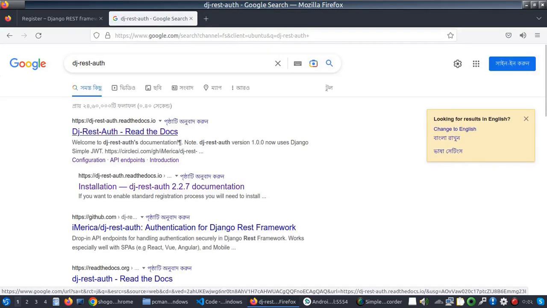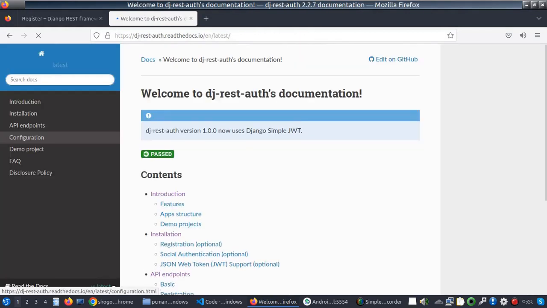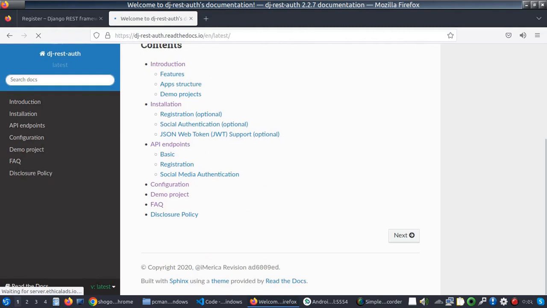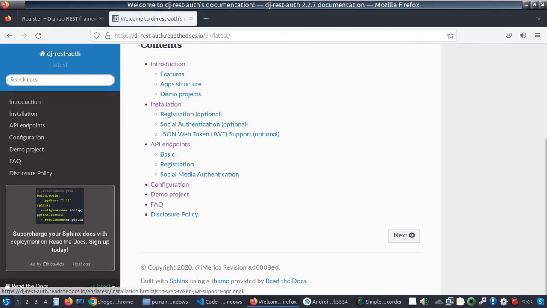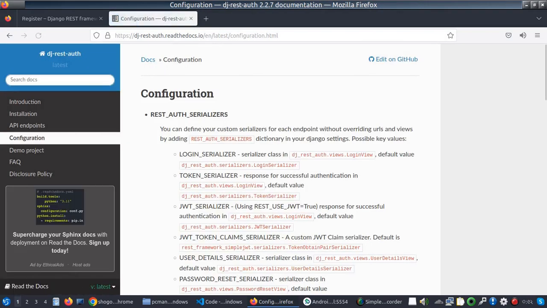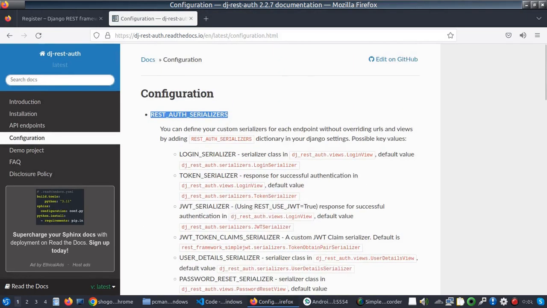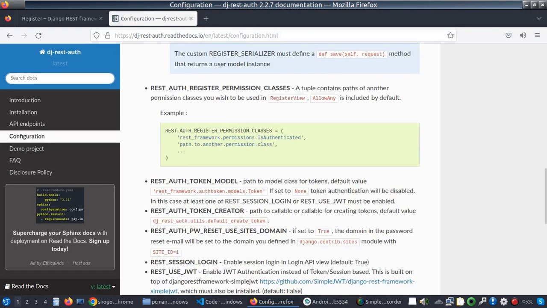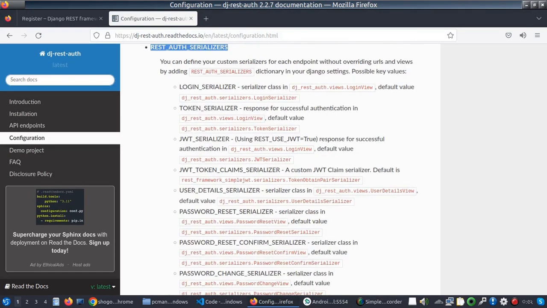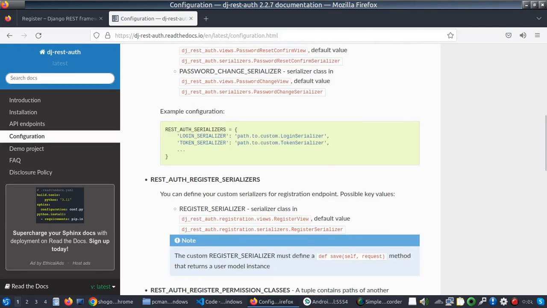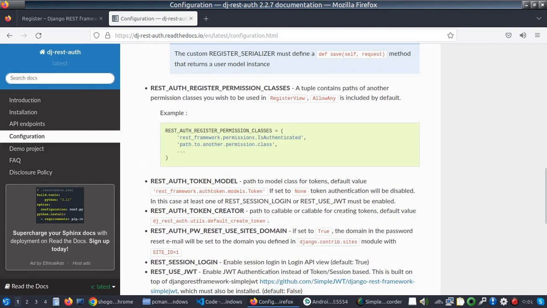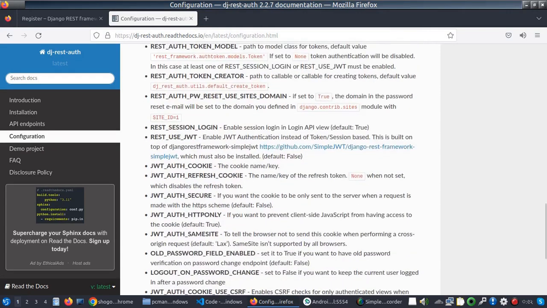And if we visit the documentation, here they will say how to configure the backend. Here you can see the REST serializer. We have modified it. Registration serializer. We have modified it. REST auth serializer. REST serializer. And there are many more functions like